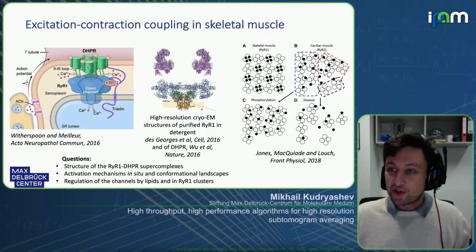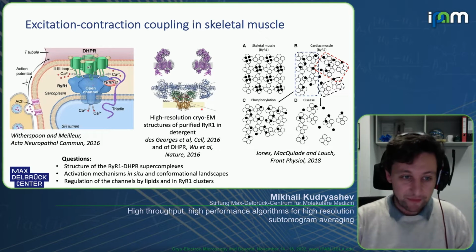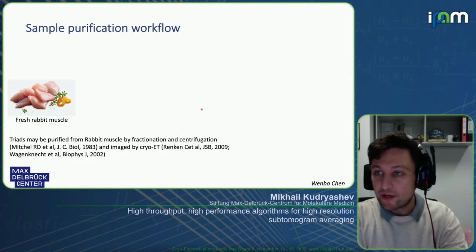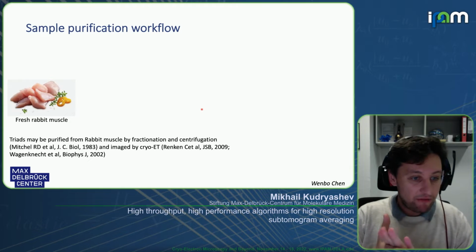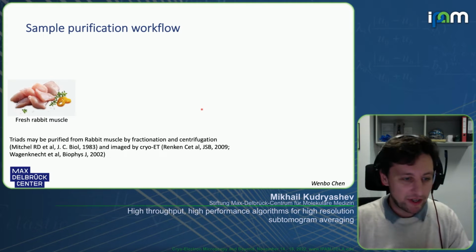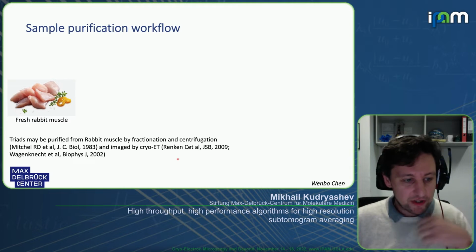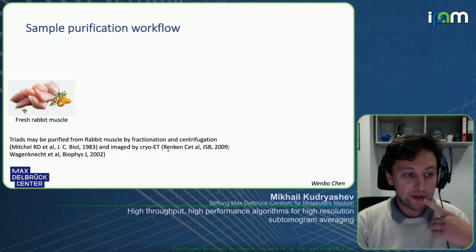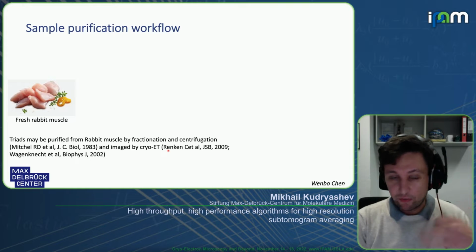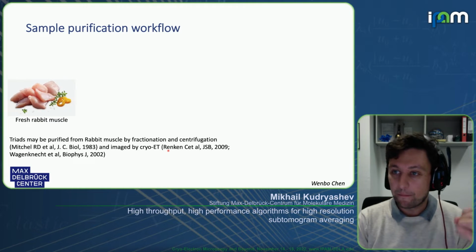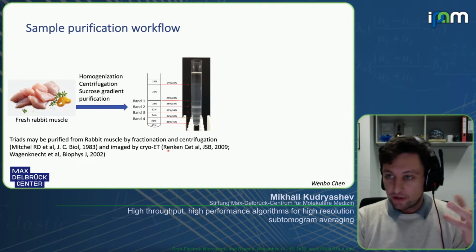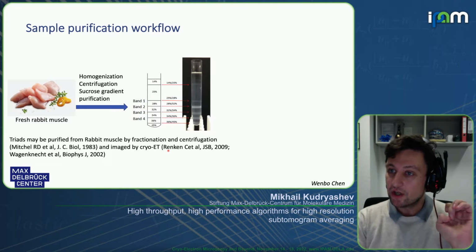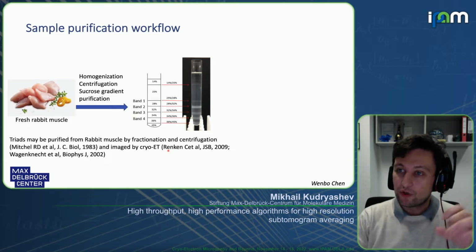And then also regulation in the clusters is also very interesting. For this, Wenbo Chen, who was my student in Frankfurt at the Max Planck for Biophysics, optimized the existing protocol, which has been used previously by several groups. It's a freshly sacrificed rabbit. We get the muscle meat from it, and then there are a few steps of homogenizing, centrifugation, sucrose gradients, which